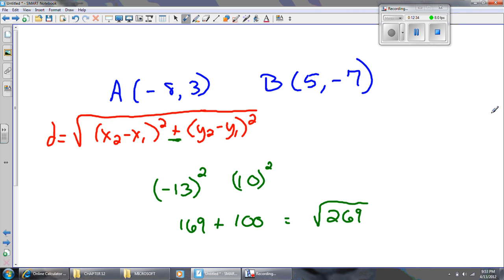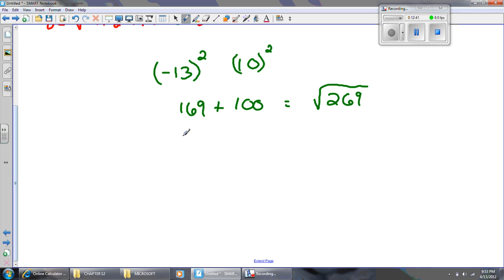Now, of course, I'm going to have to see if this breaks down. This is kind of a big one, but let's see if I can find any factors of 269. Remember, I've got my perfect squares. If I can find those factors, that would be the best. So 1, 4, 9, 16, 25, 36, 49, 64, 81, 100,